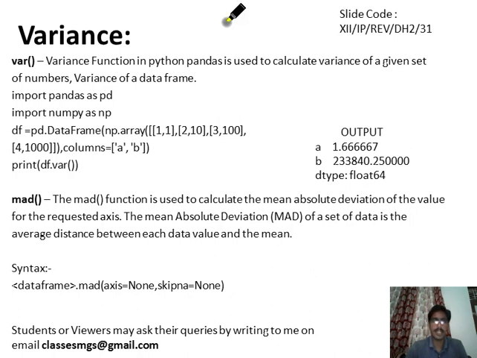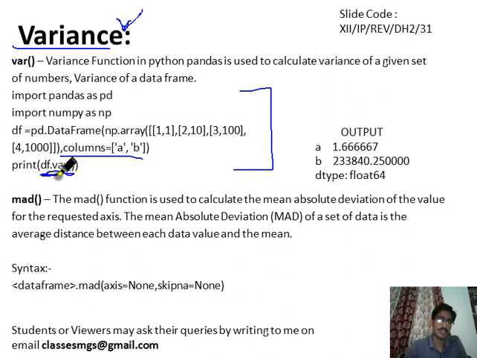Okay, now we will see how to calculate the variance. How to calculate the variance is not important for the IP subject, because no one will ask it, but it is important that you can write the Python statement to calculate the variance of a given data frame. Then the syntax you should know. df.var is the name of the function. It may be asked in a 1 or 2 mark question: write down the syntax to calculate the variance of the given data frame. So you need to write df.var.